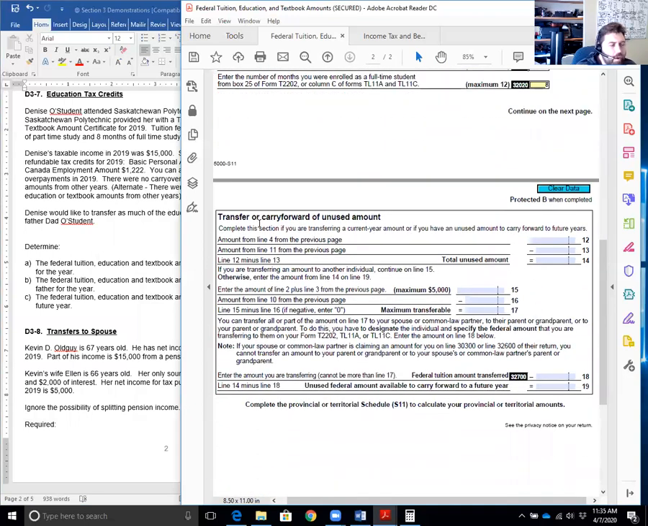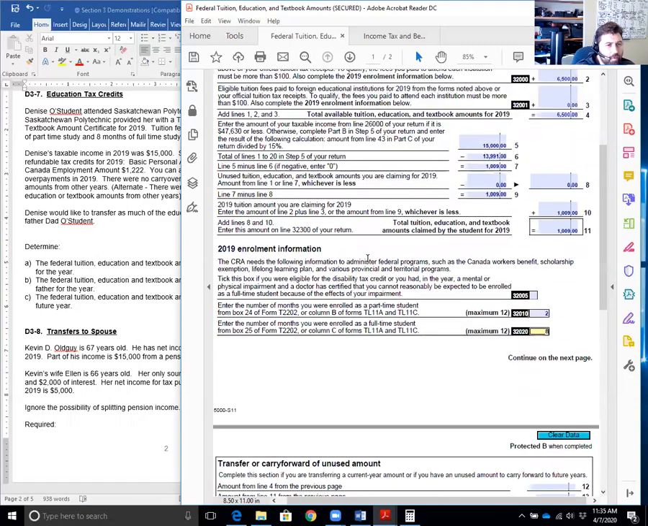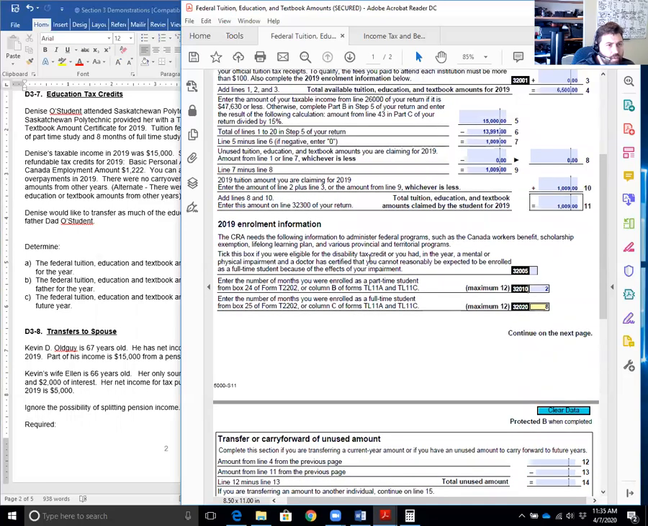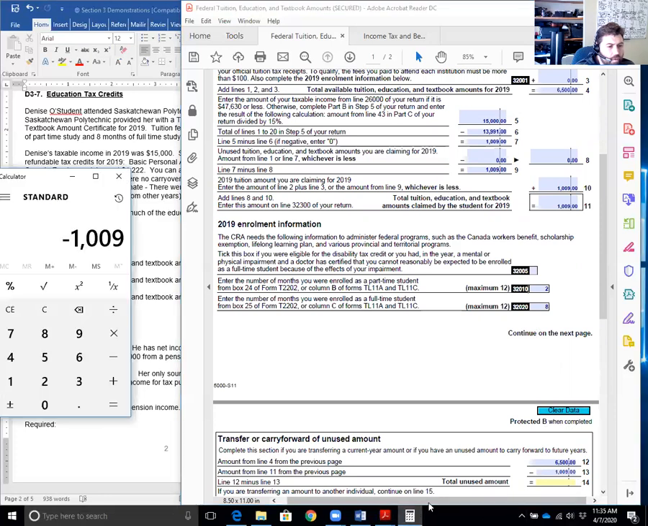Okay, so now how much are we going to transfer or carry forward of our unused amount? Well, we just take the amounts that they tell us to. So we're going to take amount from line 4 of the previous page, 6,500. Amount from line 11 from the previous page, 1,009. Okay, we subtract 1,009 from 6,500. Line 12 minus line 13. All right, so you can do 5,500 minus 9 is 5,491,